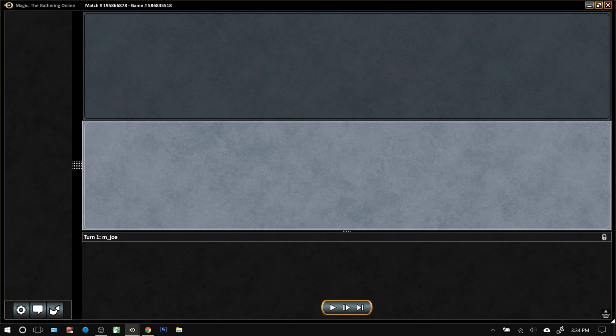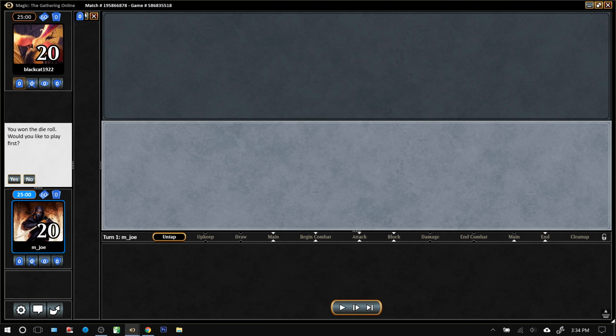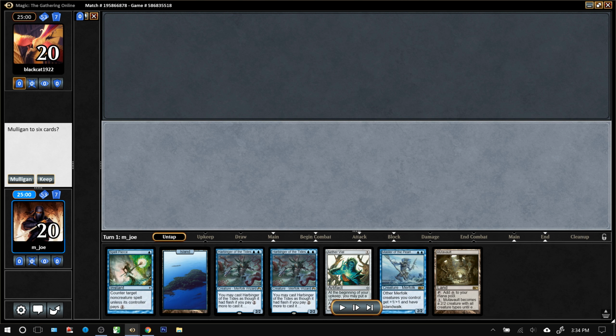I'm here with a replay of the 4th round of a Modern Friendly League. So far sitting at 2-1, beat Grixis Death's Shadow and Affinity, amazingly, and then lost to Jeskai Control running Jace, the Mind Sculptor. I won the die roll this time, so I'm going to be on the play, and this is a